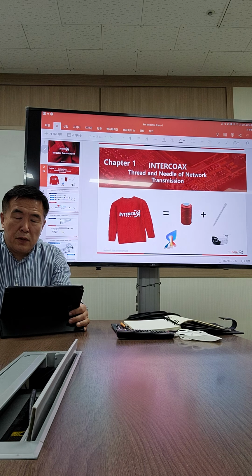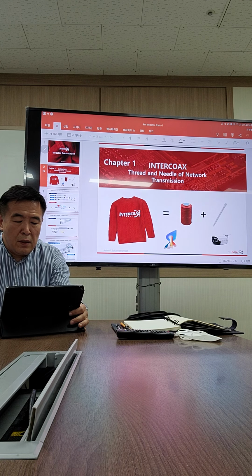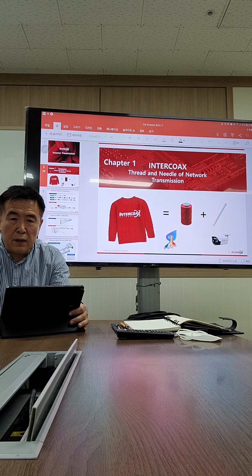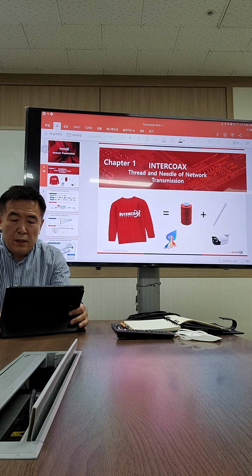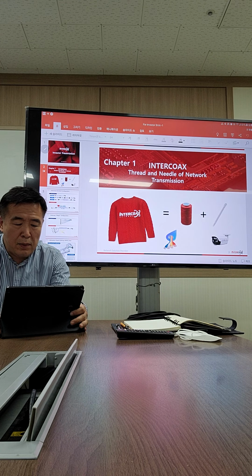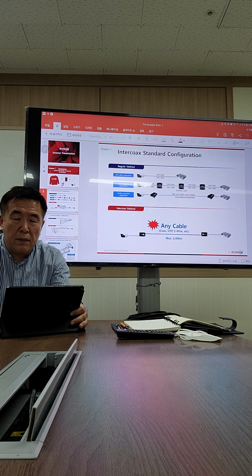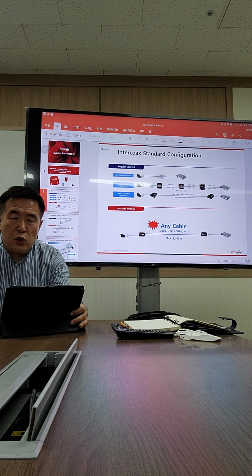First of all, I'd like to mention that what we are doing is just like producing nice clothes. In order to make clothes, you need two things. One is thread, the other one is needle. Needle is just like a camera, and thread is some sort of communication line like UTP and coaxial. So the traditional way of connecting CCTV is composed of switch, NVR, and at the end there will be